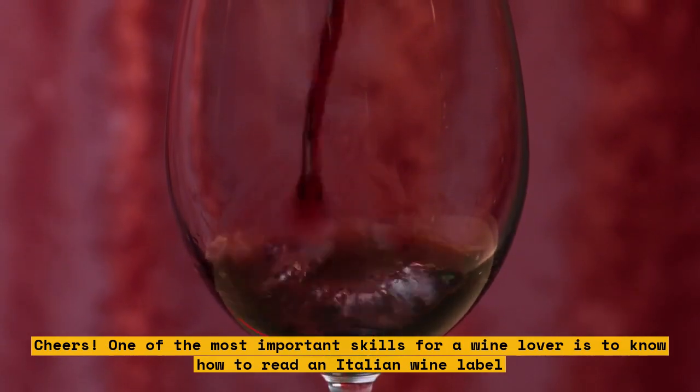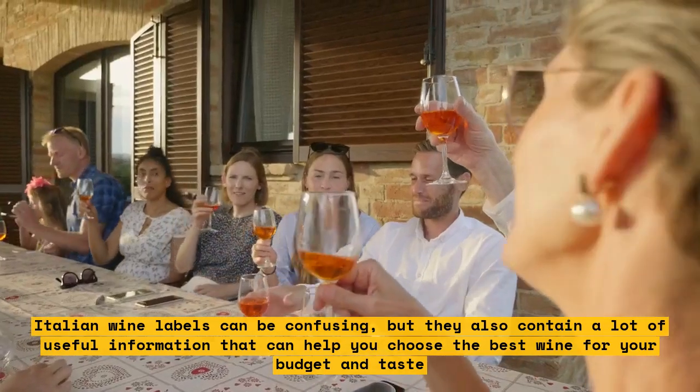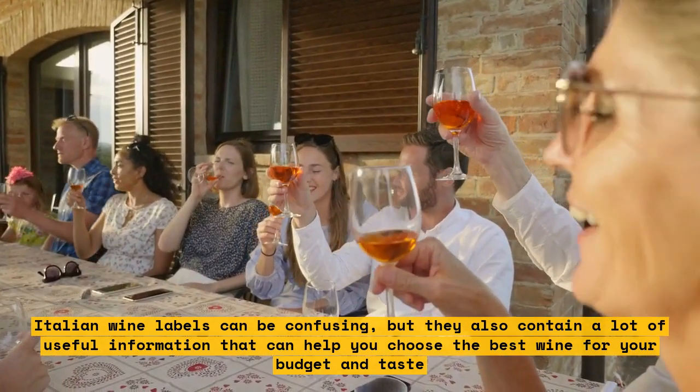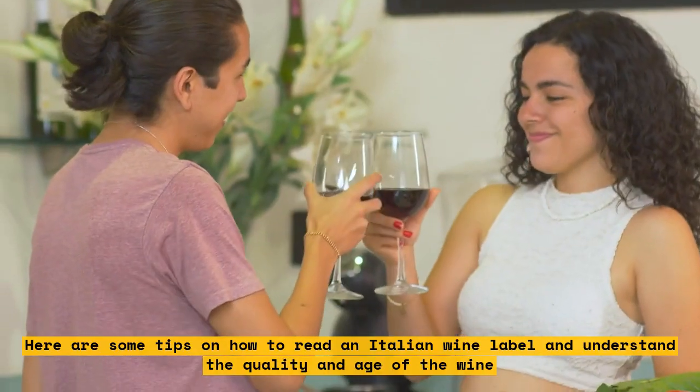One of the most important skills for a wine lover is to know how to read an Italian wine label. Italian wine labels can be confusing, but they also contain a lot of useful information that can help you choose the best wine for your budget and taste. Here are some tips on how to read an Italian wine label and understand the quality and age of the